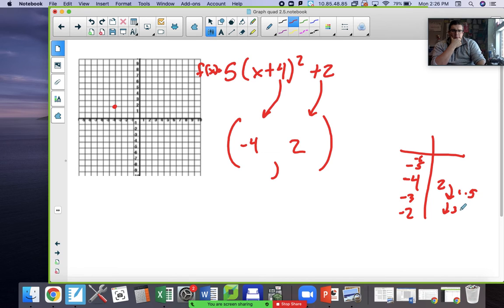I have to multiply them by 5. So 5 and 15. So this first one is 7. The next one is 20. What is that, 22? We're not able to plot the 22, and that's fine. We're at negative 3, 7. And we've got this very, very steep